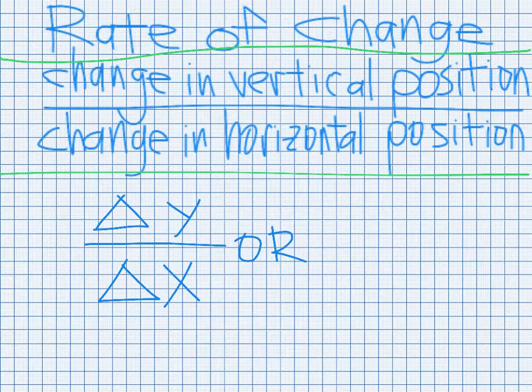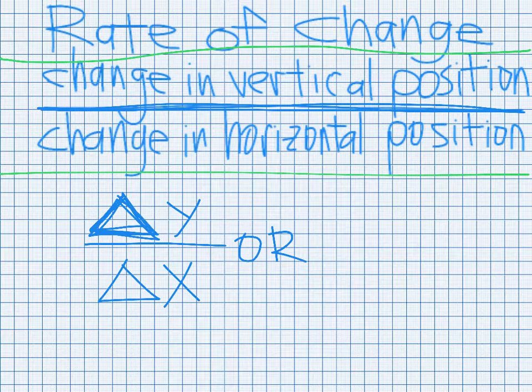horizontal position. Now, if you notice, there is a fraction bar right here. So this is a fraction, the change in vertical compared to the change in horizontal. Now, another way to write that is with this triangle. This triangle is a Greek letter called delta. But in this case, when you use it in formulas, it means the change. So it's saying the change in the y's compared to the change in the x values, which is basically what